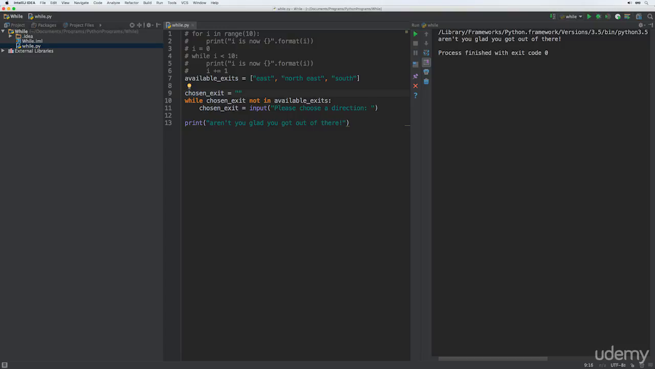But let's just enhance our example a little bit, because just like with the for loop, we can also use break and continue to break out of the loop, or to cause the loop to stop the current iteration and then test the condition again. So a break statement can provide a simple way to quit, in other words, without choosing a valid exit. So what we could do there is something like